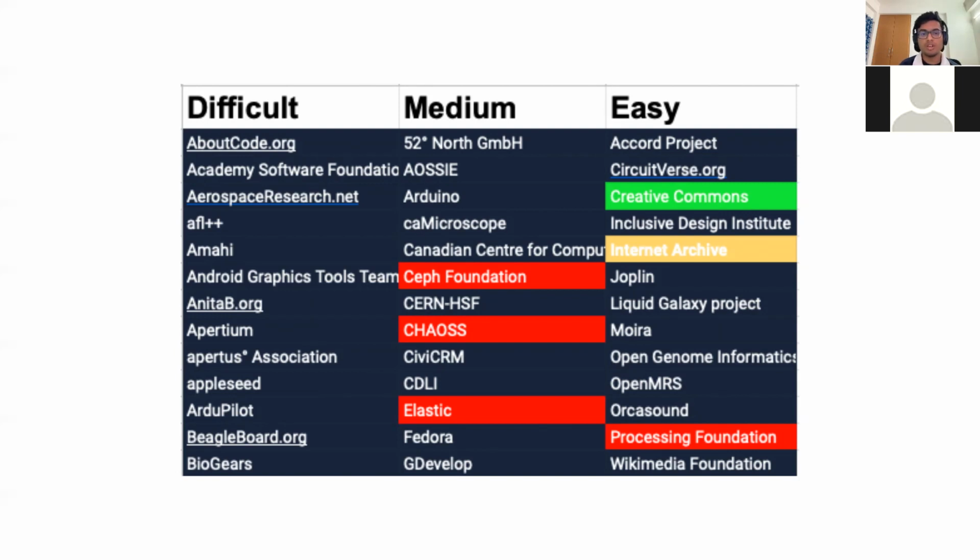So make sure you go through the entire list, no matter what the name of the organization is or what tech stack they're using. Just check out each and every organization. I also recommend you to check out the past program section of GSoC and see if the organization you have selected has appeared in the GSoC at least twice or thrice, because I have seen this a lot of times.